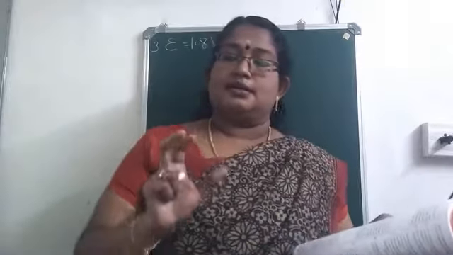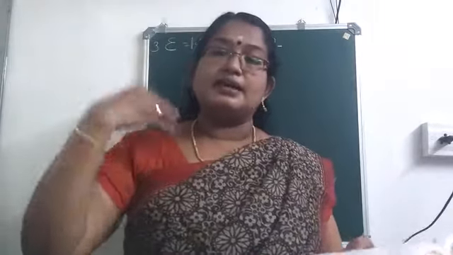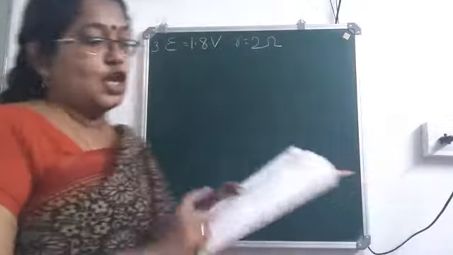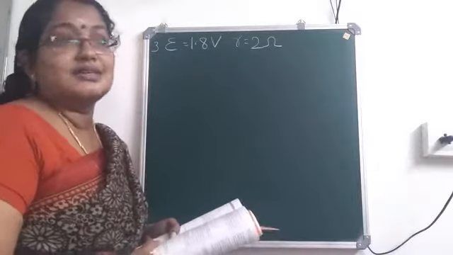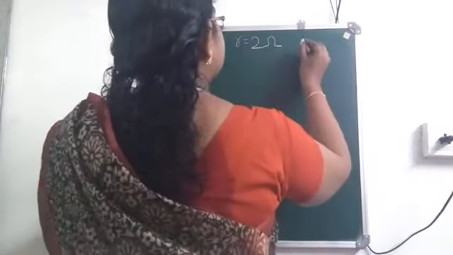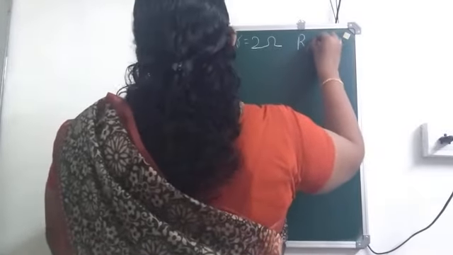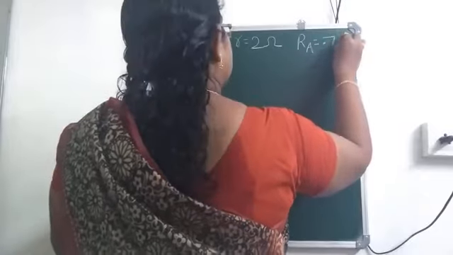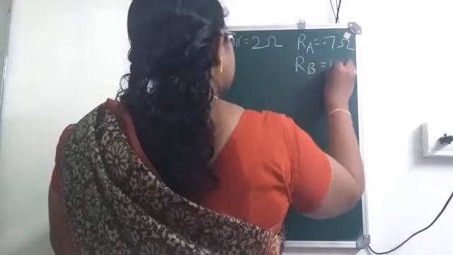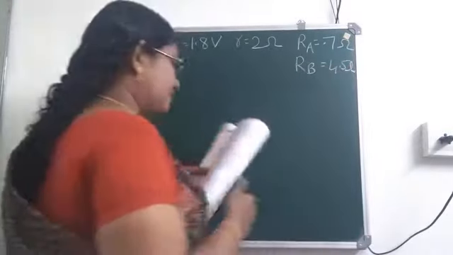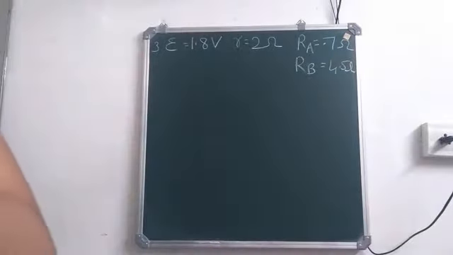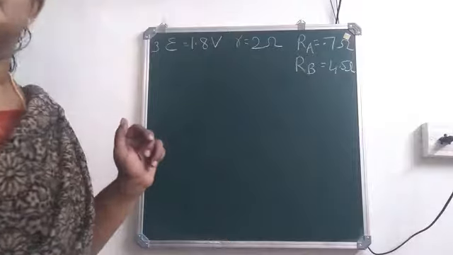This cell has only the internal resistance. Whatever else is connected, all those things will come under the external resistance. So you have two external resistors, and how are they connected? They are connected in series. Let me name the ammeter's resistance RA, which is 0.7 ohm, and the other one I'm just naming RB, so 4.5 ohm. Now we have to calculate the reading in the ammeter.